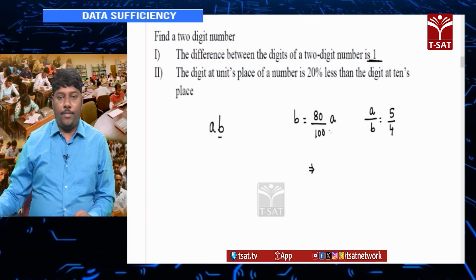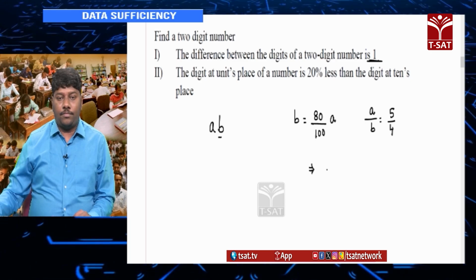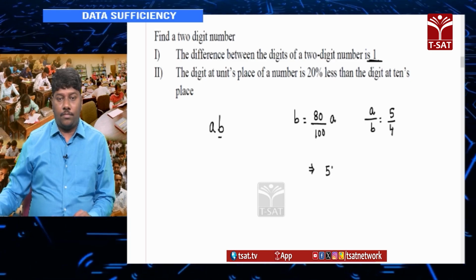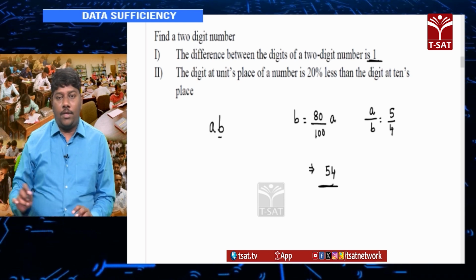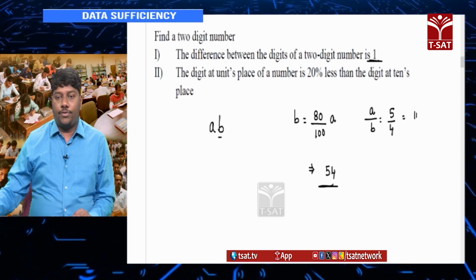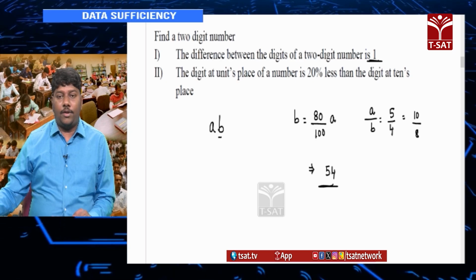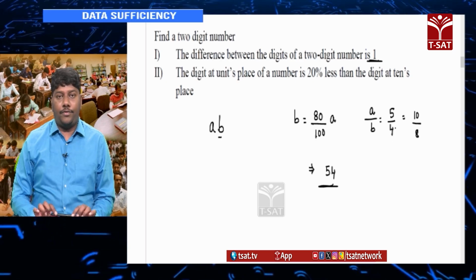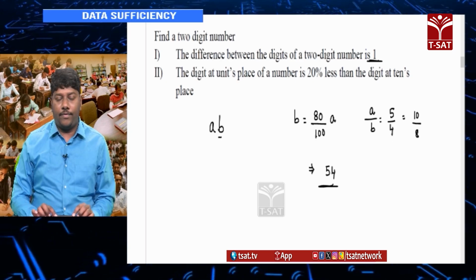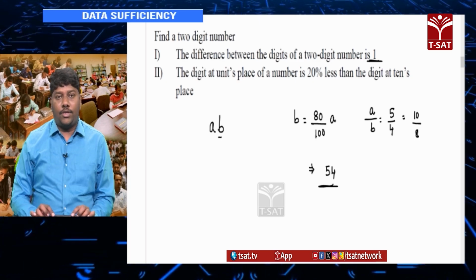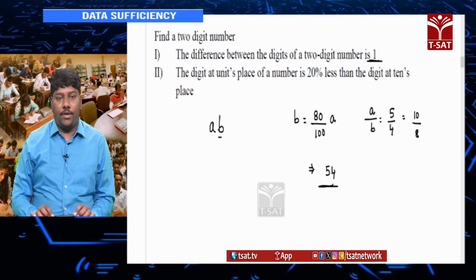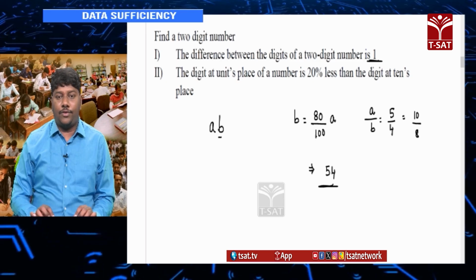So, I would say a by b is 5:4. See, 5:4, you can always write it as 10:8 or something like this, if you cannot simplify it further. So, 5:4 I will write it. So, 5 and 4, it is 54 I can write it, because in 10:8, 10 is not a unit digit. So, a 2-digit number whose ones place and tens place are in the ratio 4:5 is